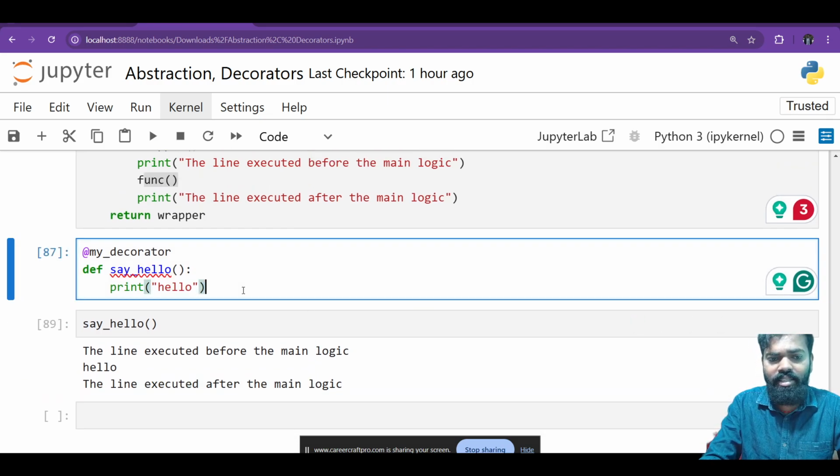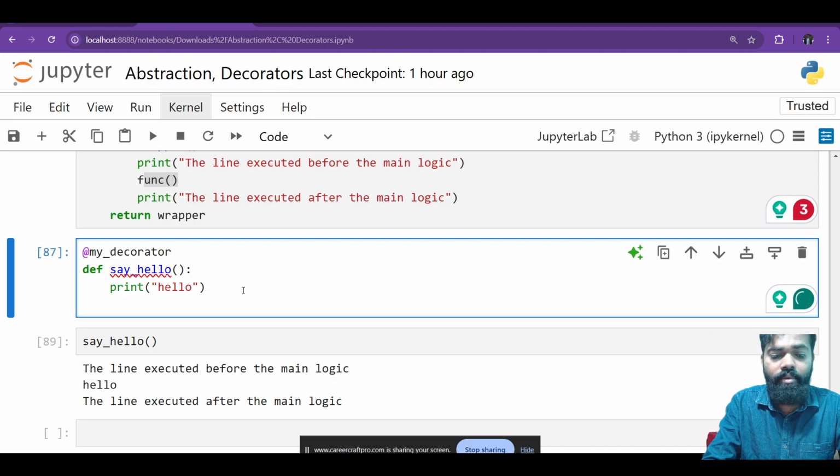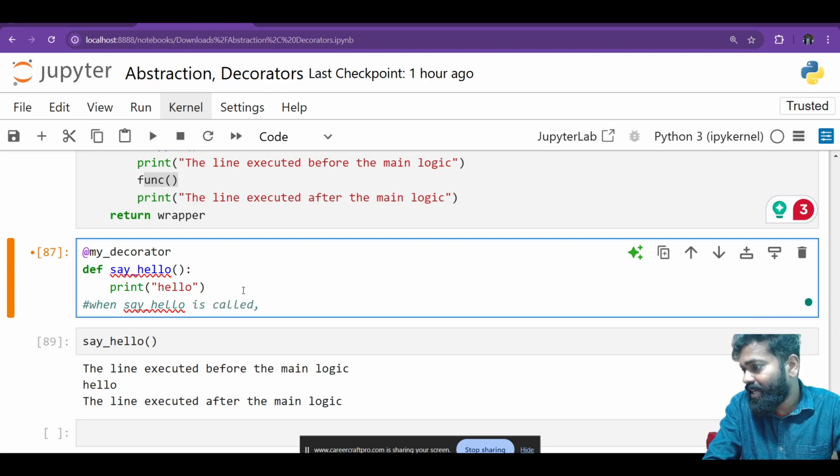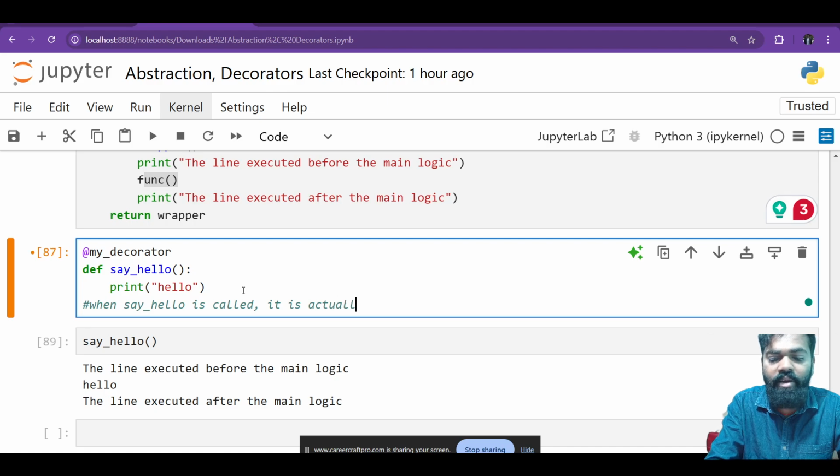So how to understand this? This is going to be very interesting. See it carefully. When say hello is called, it is actually calling wrapper first. Wrapper first. And in return, it calls say hello. To make you guys understand,